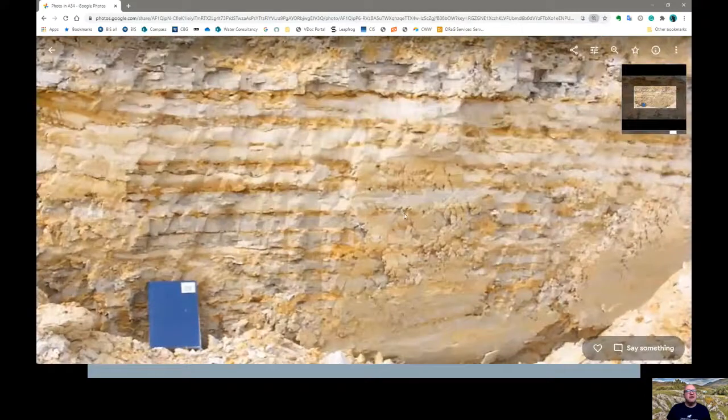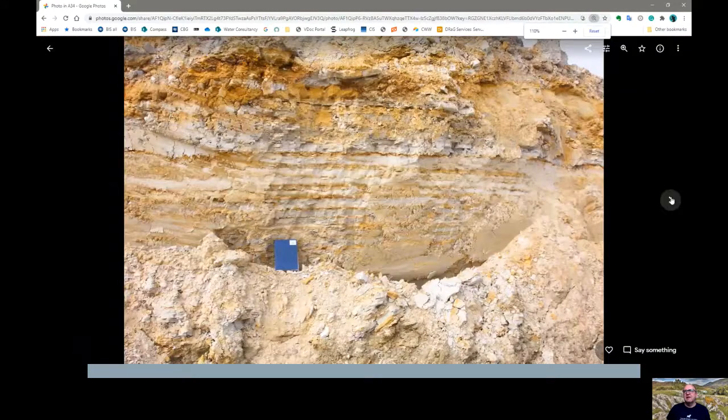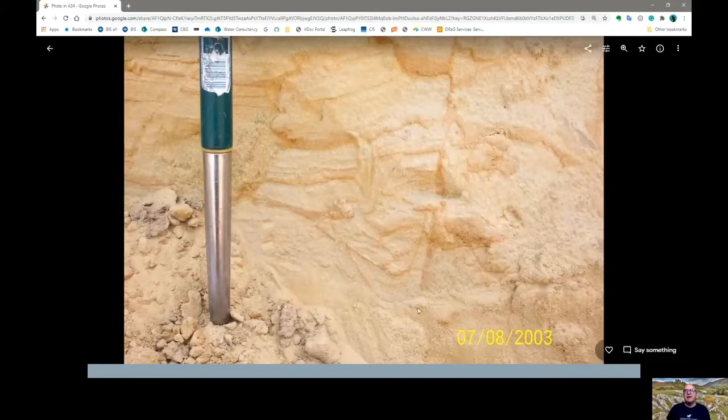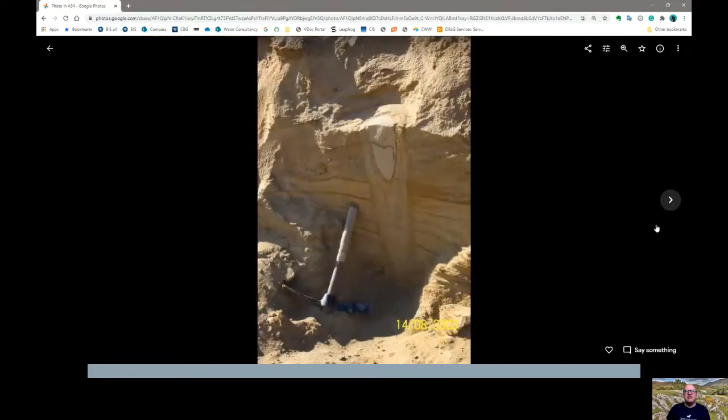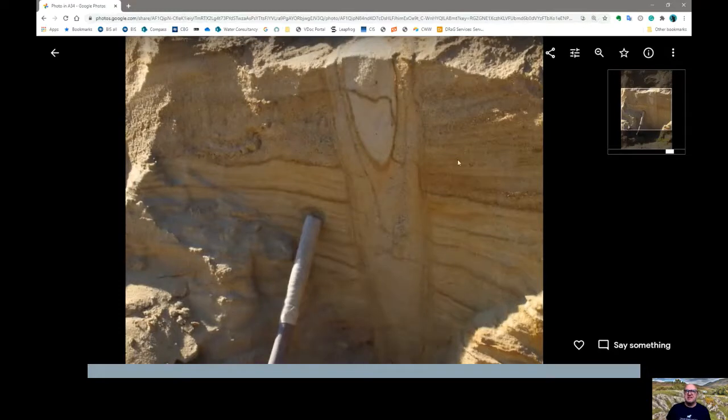Here's a lovely photo of those lagoonal deposits and the layering of sand parting between silt. Here's a bit of burrowing in a sand deposit, so perhaps in one of those channel deposits, you can see some burrow features. Here's some micro faulting within a channel sand deposit, a bit more burrowing over here. Really fantastic stuff for a geologist. This is the sort of thing that really makes the day when stumbling across one of these. There's a proper burrow. I don't know what that's a burrow of. That's certainly a burrow